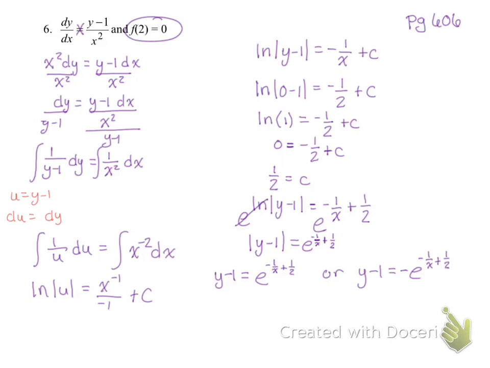Now, if you're adding your exponents, it means you're multiplying the bases. Okay, so really, I can rewrite both of these as e to the negative 1 over x times e to the 1/2. Okay, and over here it's going to be negative e to the negative 1 over x times e to the 1/2. Okay,